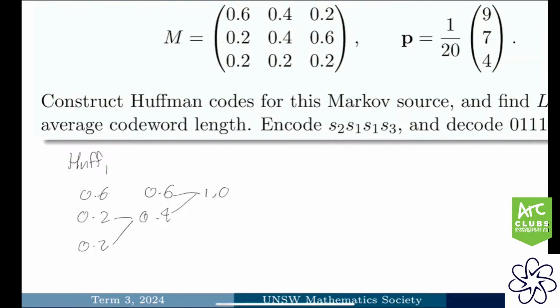Huff 2 is going to be 0.4, 0.4, 0.2, then 0.6, 0.4,